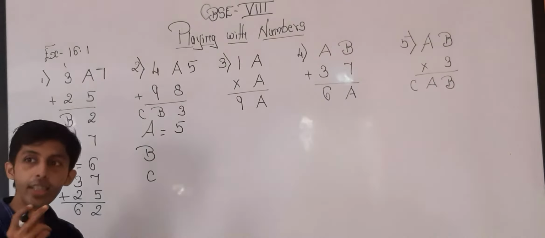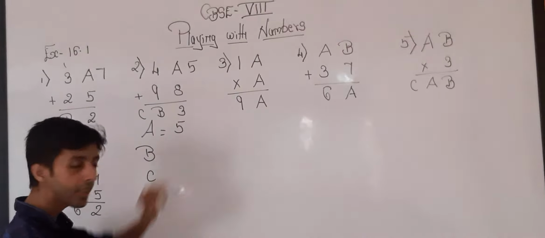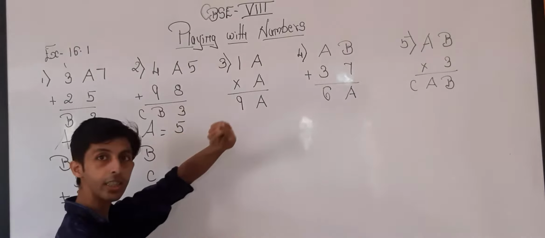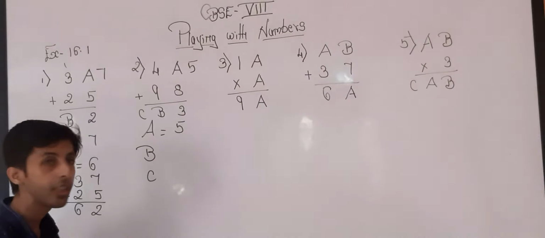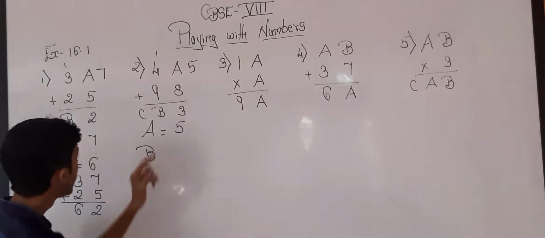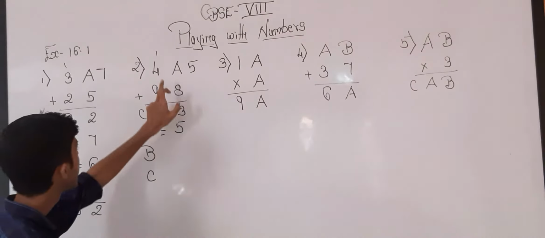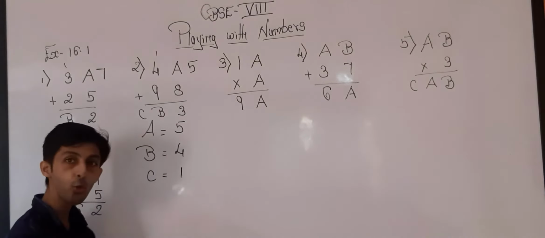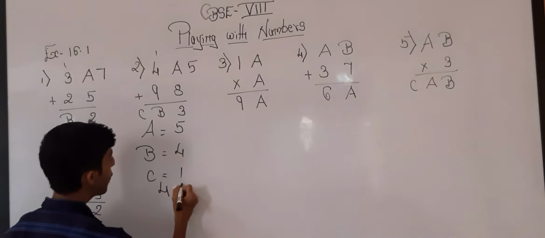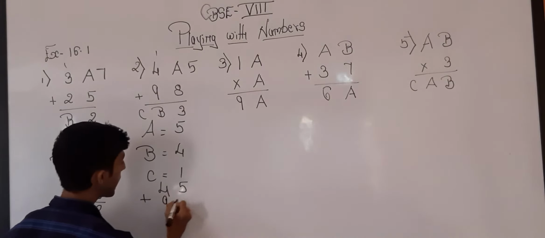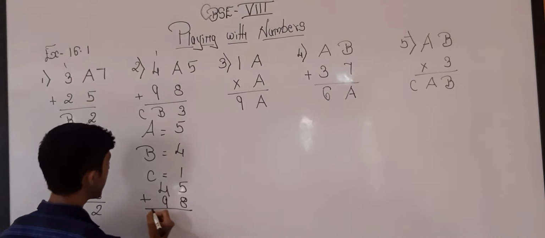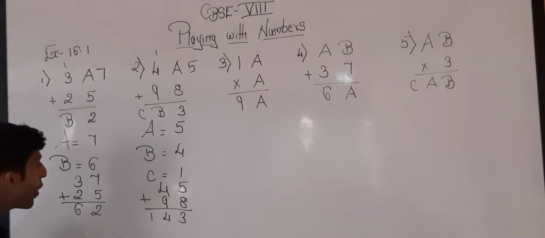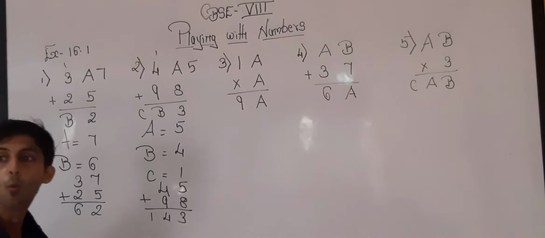Now if I am taking 23 for example, 23 minus 8 will be 15. Can a be a 2-digit number? No. I want only a 1-digit number. So 5 plus 3, 13. 3 over here, 1 is being carried. Now 9 plus 1, 10. 10 plus 4, 14. So my value of b will be equal to 4 and the value of c will be equal to 1. See how it is: 45 plus 98 will be giving me 143.